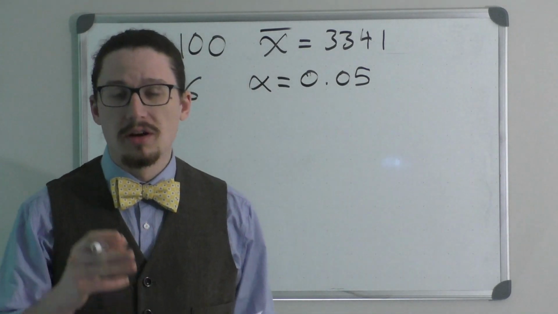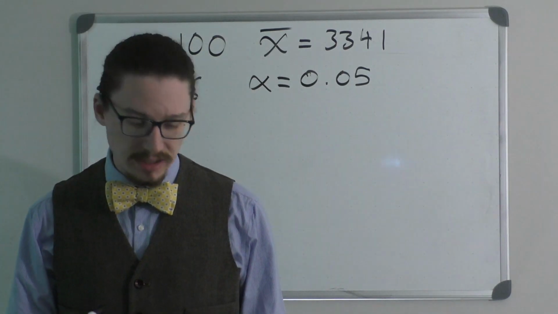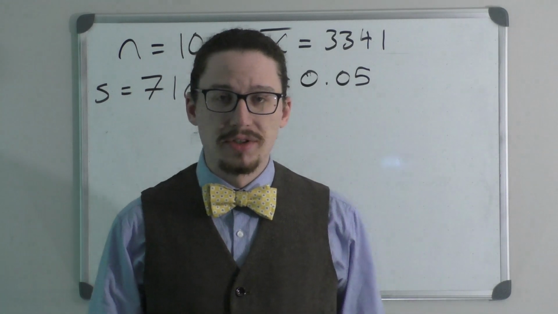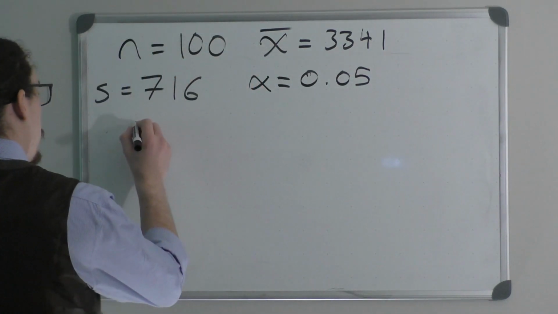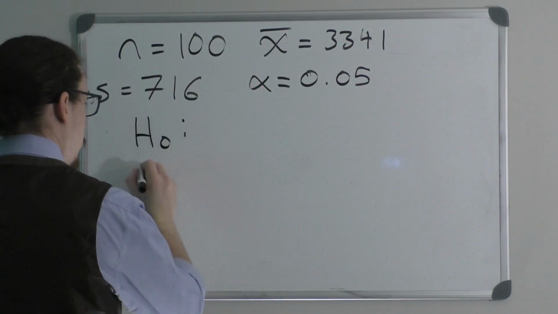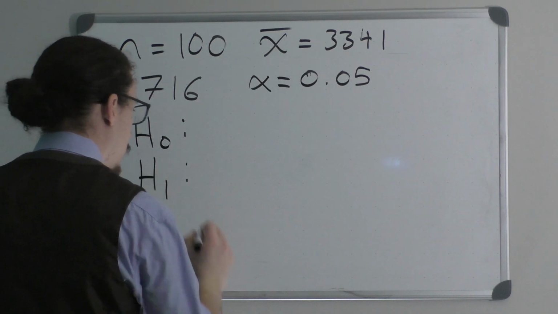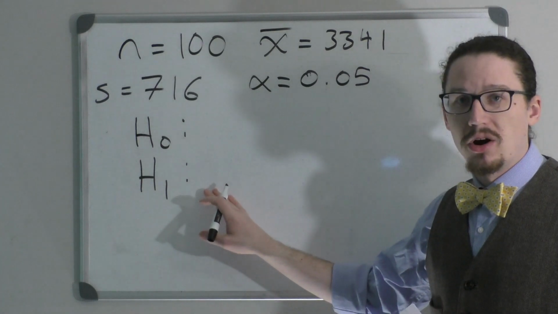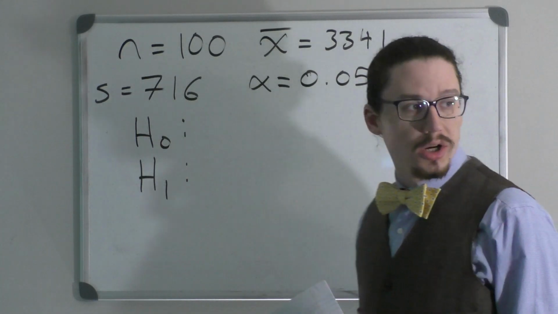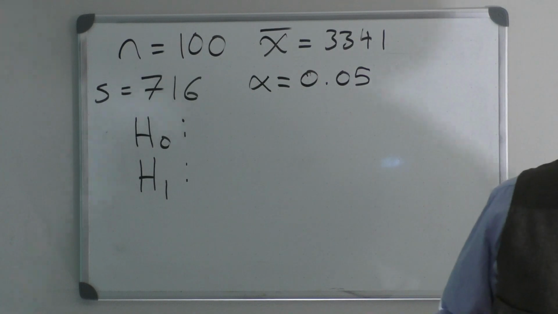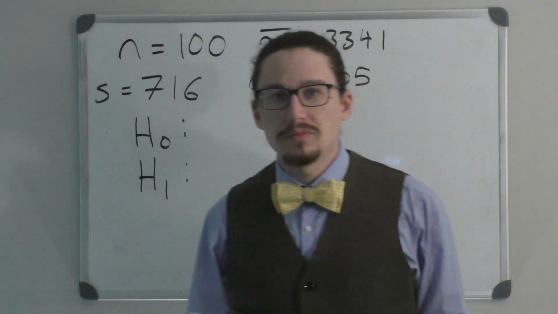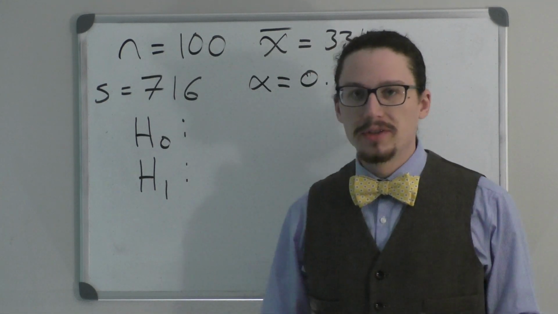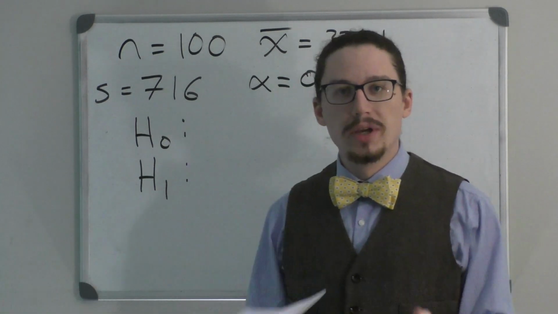So the first thing, our first step of hypothesis testing, if we remember, is to state the null and alternative hypotheses. So that's what we're going to want to do. Usually it is easiest to create our alternative hypothesis first, so that's what we're going to do. We're going to create this alternative hypothesis. So what we're trying to test is that the beams are strong, or